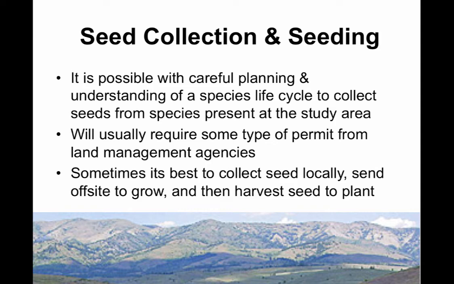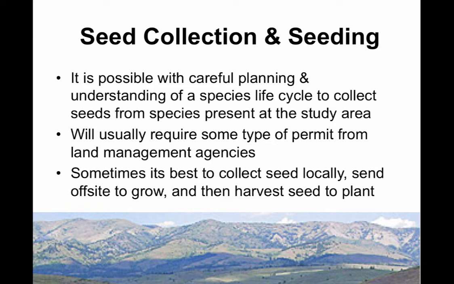Okay, and so often it's best to stay within a specific area around your restoration site and try to collect seed from that area nearby, or within a distance of, say, 100 miles from the area you're trying to restore, because those species are going to be adapted to the climate conditions as well as the moisture and other aspects